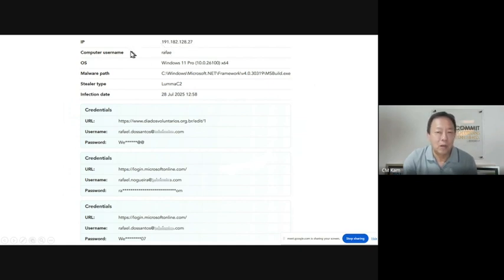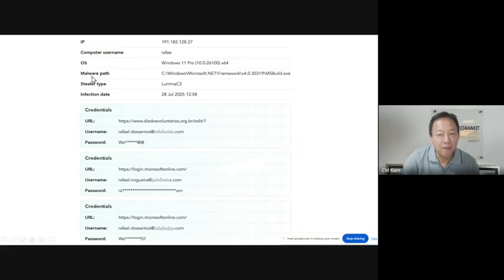It can be, let's say, the IP is pointing to China, to Russia, to the US, to Europe. So you know that this machine is logging in from that location. Do you have people working there? Do you have a customer there? That gives you an idea, right? What's the computer name that you assigned to the computer? What kind of operating system does it run on?